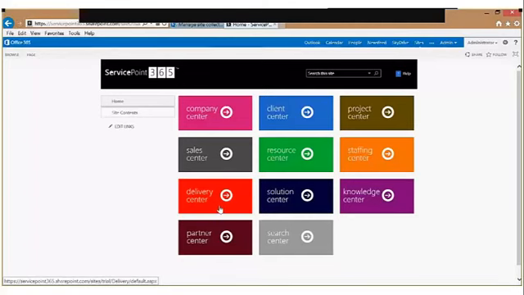Delivery Center is where we would find methodologies. And I say that plural because you might have a different methodology for a different practice area, so you can have multiple different methodologies in their own templates. Solution Center, where the product literature, if you're representing solutions, would go. Knowledge Center, General Repository. Partner Center, a place where you can provision workspaces for partners to work with. And then Search Center, which is an overall search engine that runs on top of the environment here, to be able